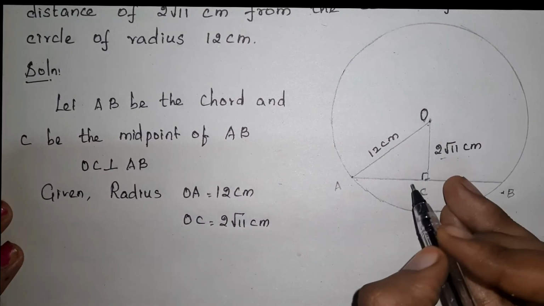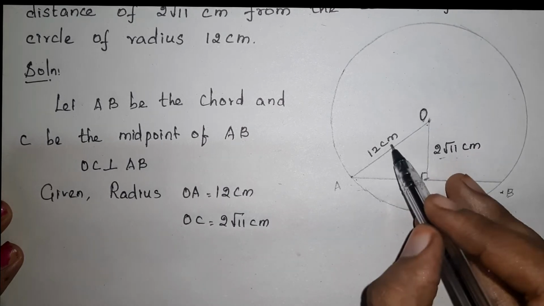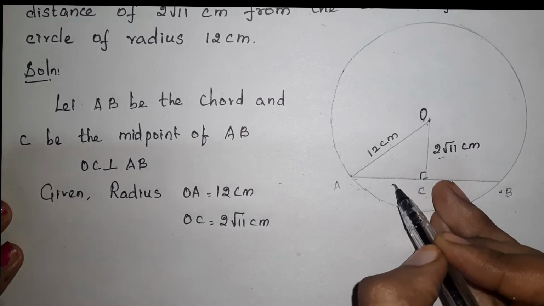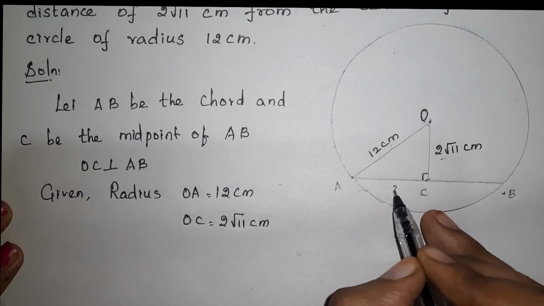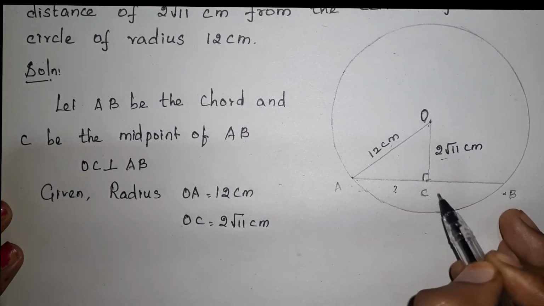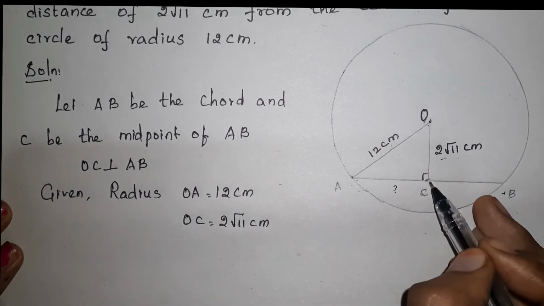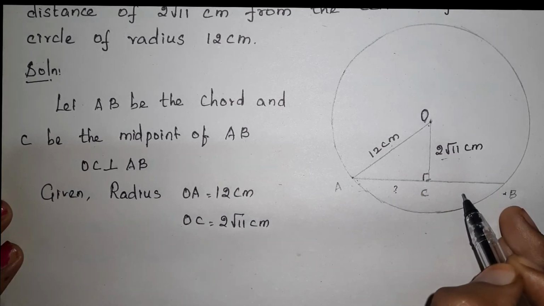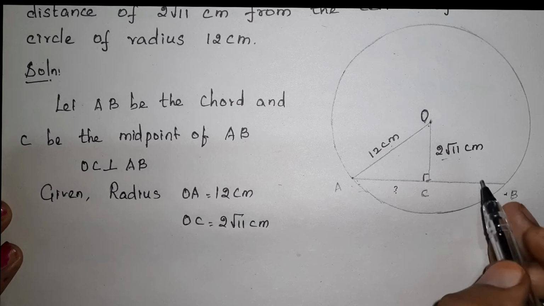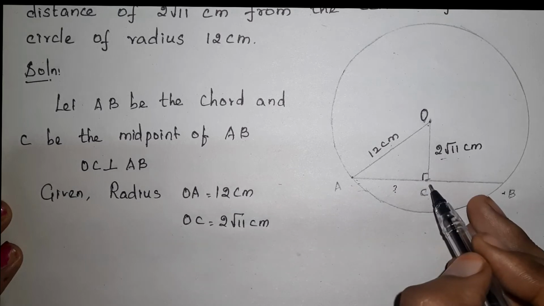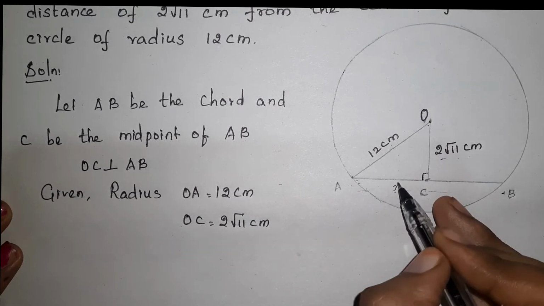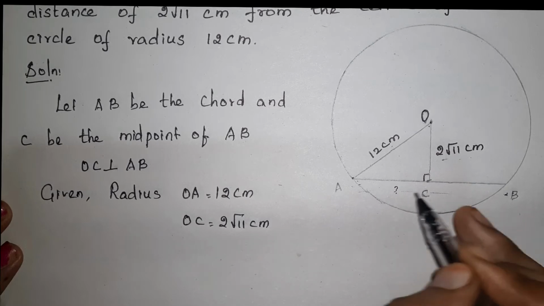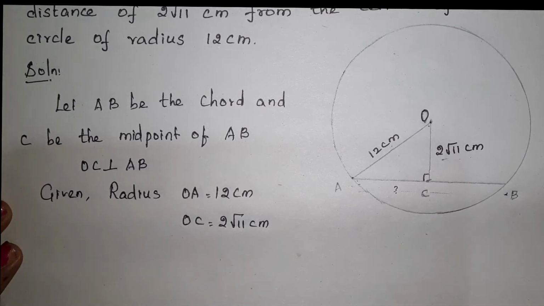Before that, if we draw a perpendicular line, here we formed a right angle triangle. In this right angle triangle, two sides' values are known, so we have to find out the other side value. Because it is a perpendicular line, it will divide the chord into two equal parts. So this is theorem 7. If one value is known, it is easy to find the next value because both are the same. When we add both, we will get the answer.